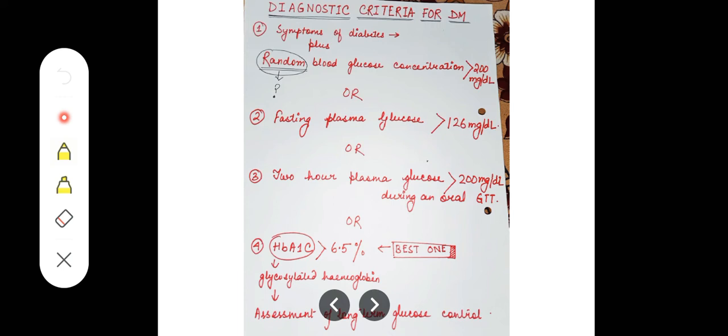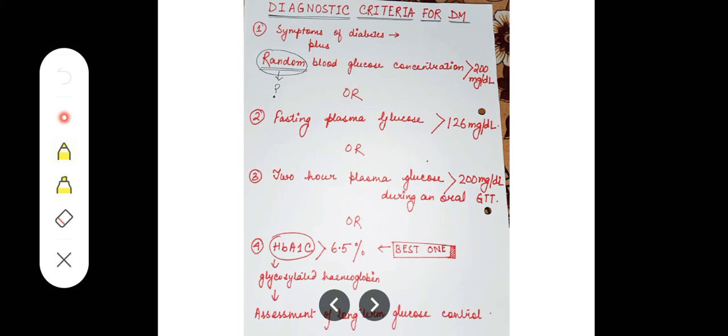This is a short 10 minutes video where I am going to discuss the diagnostic criteria which are a must know for all final year students of BHMS, BAMS, etc. and also for the house staff and interns so that they can diagnose, which will be better for them in future. So, first we are going to discuss the diagnostic criteria for diabetes mellitus.